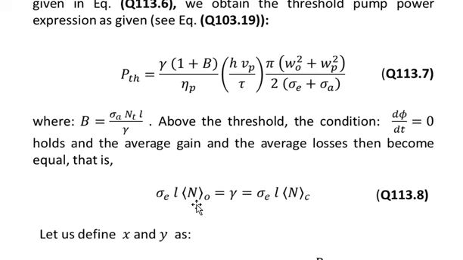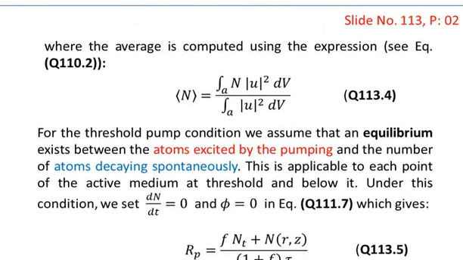So this holds for all the values above the threshold, and this is equal to gamma, and this is equal to sigma E times L times the critical population inversion. This relation can be obtained from